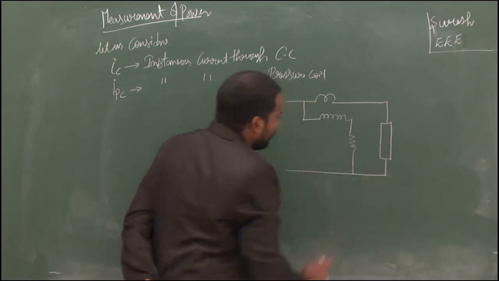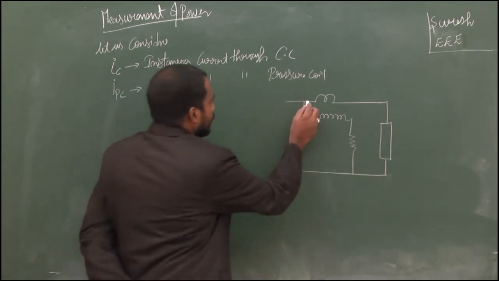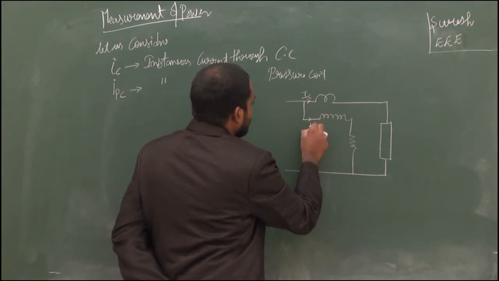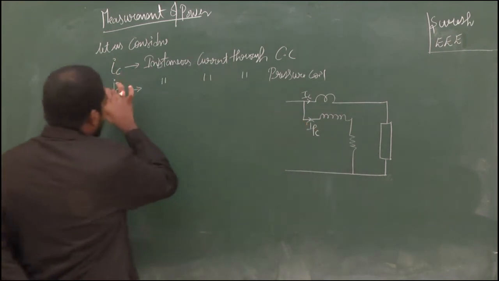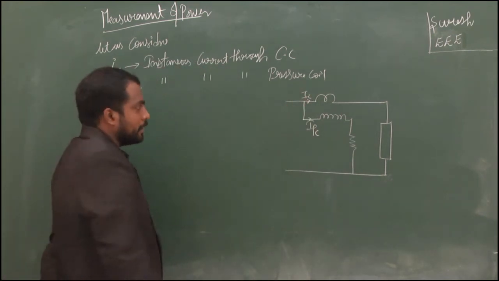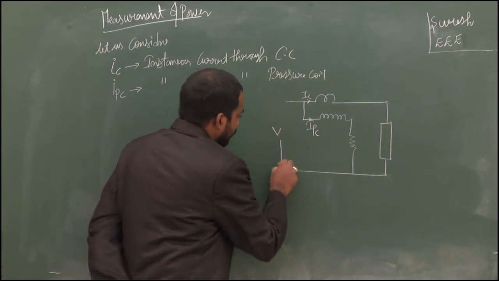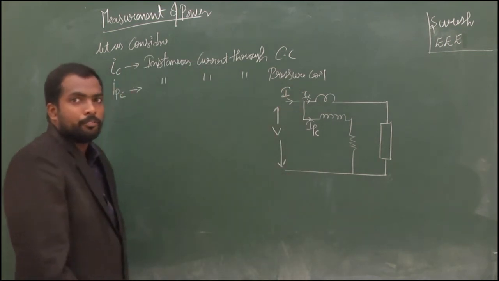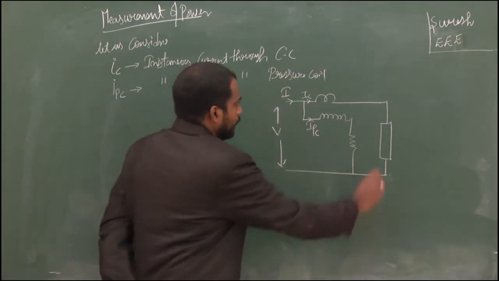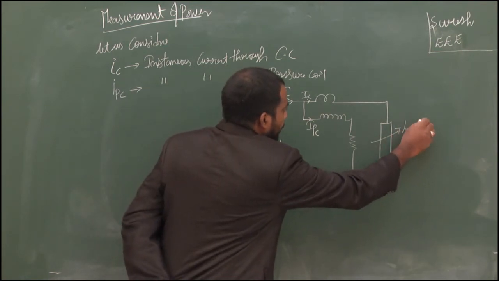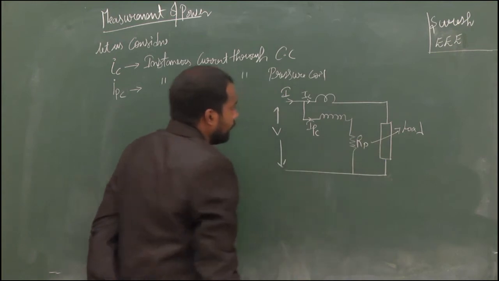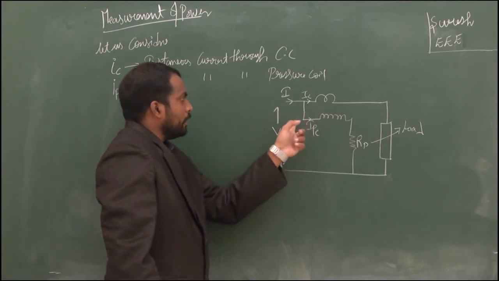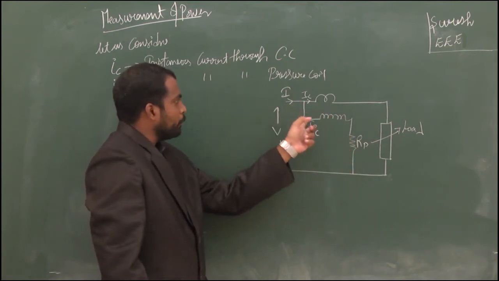so this is nothing but a simple wattmeter type construction where the current through the current coil is IC and the current through the pressure coil is IPC. That means these are nothing but the instantaneous currents and these will be your RMS currents, and the voltage applied across it is V and the current flowing through it is I, where V is the RMS voltage and I is the RMS current, and this is nothing but your load and this is nothing but the external resistance RP. So here we can see that the net resistance of your pressure coil is purely resistive. That means it is a purely resistive network.